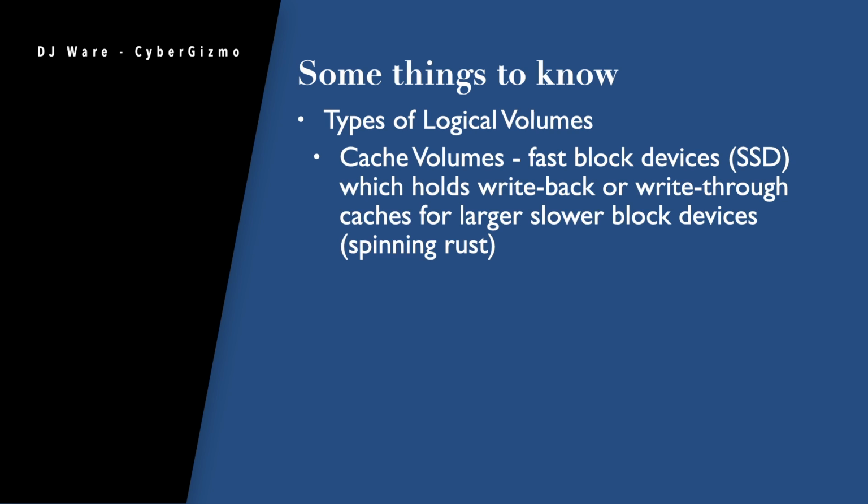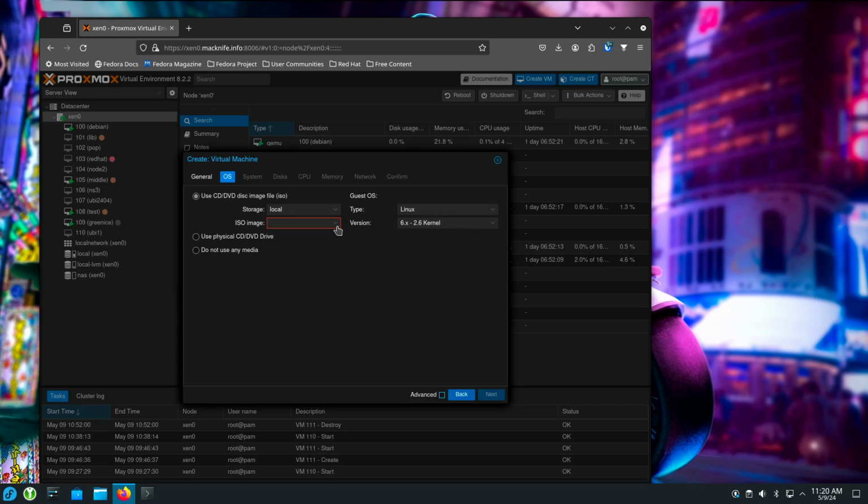Cache volumes are when you want to back up slower devices with high-speed drives for write-back caches or write-through caches. So yeah, let's go and play around with this a little bit, and then I'll come back at the end for some final comments. Okay, this time I'm going to do Fedora,